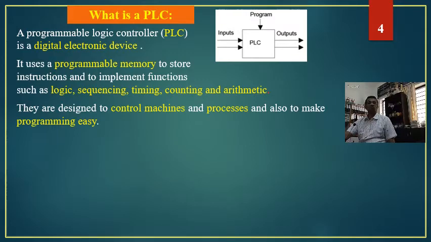Now, of course, unlike microprocessors, these microcontrollers are basically used for controlling machines. That is the reason why they have very wide applications in the industrial environment. They can be used for controlling machines or controlling processes as well. And having a PLC in any automated system makes it easy to program the whole process, or control that particular machine.